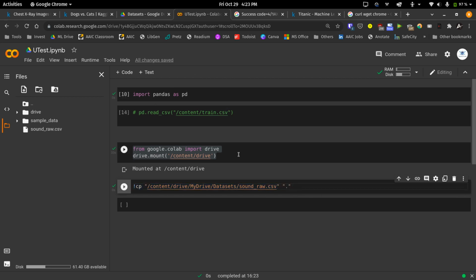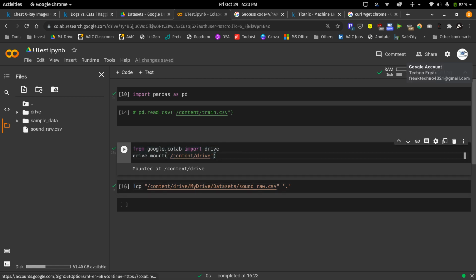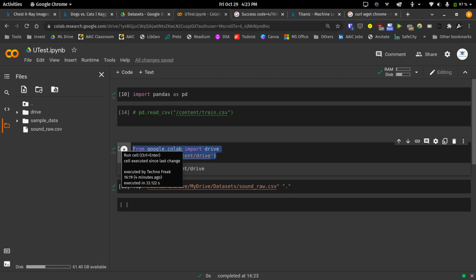But as you see, there is a certain overhead here. Each time you run your Google Colab instance, you would need to run these lines of code, authenticate it, and do the same steps again. So let's say you are training a model repeatedly, or you open this tomorrow, you would need to do the same steps. So let's look into another way in which you can download files from drive without doing all this authentication step.